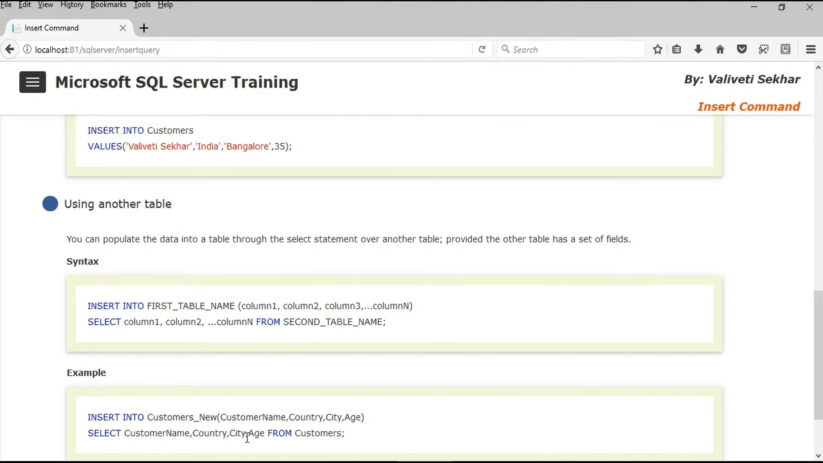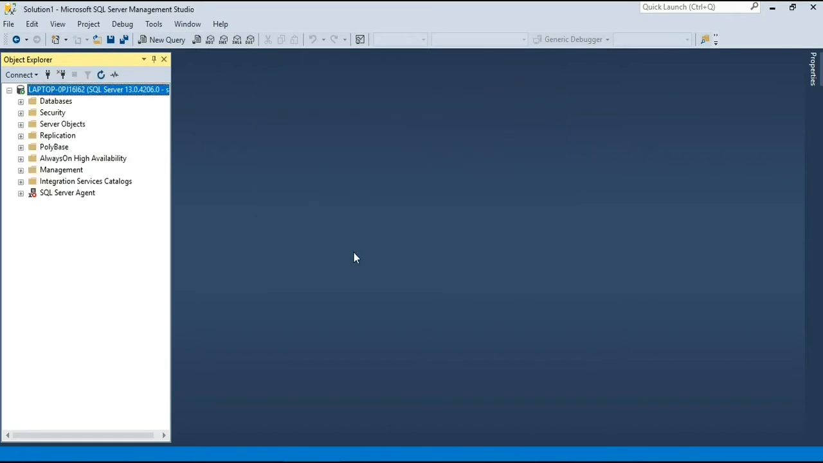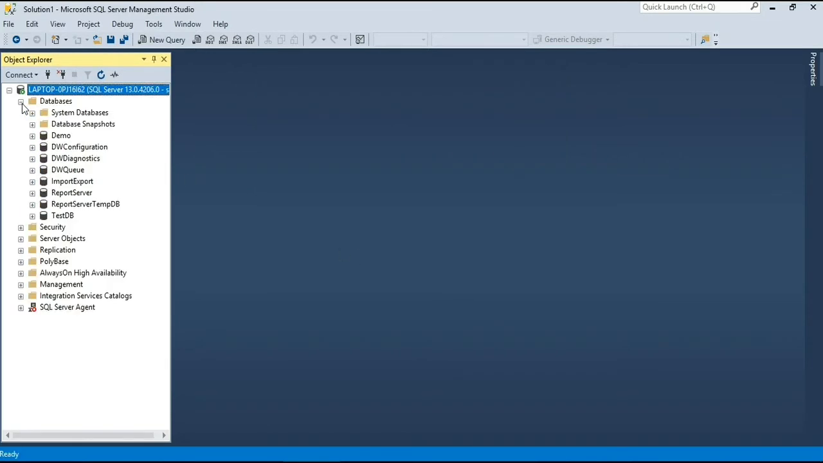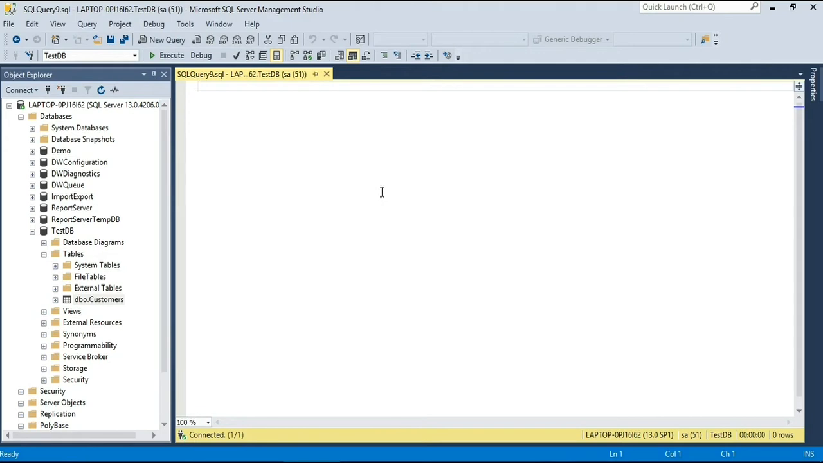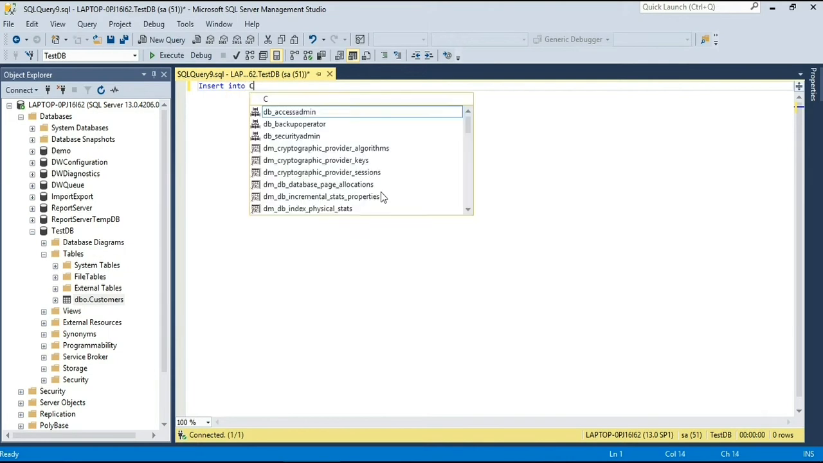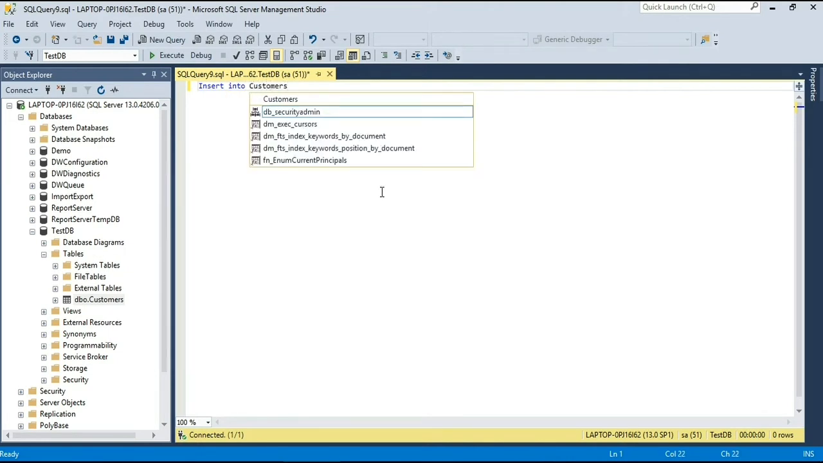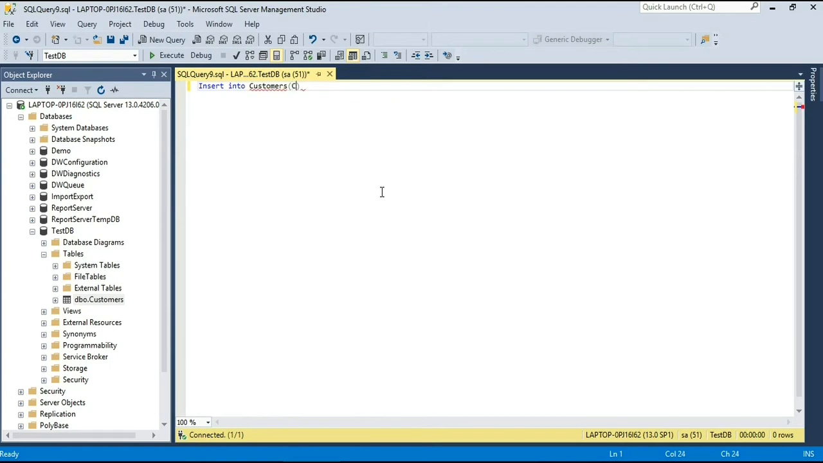Now let's log into our SQL Server. Now let's go to our database testdb. So we have a table called customers. Now let's open a new query. Let's now insert a record into our customer table. So insert into table name, customers, then the column names. So customer name, country, then city, then age and